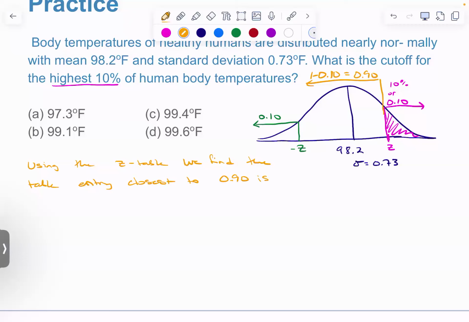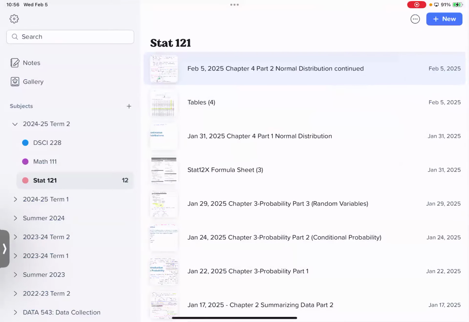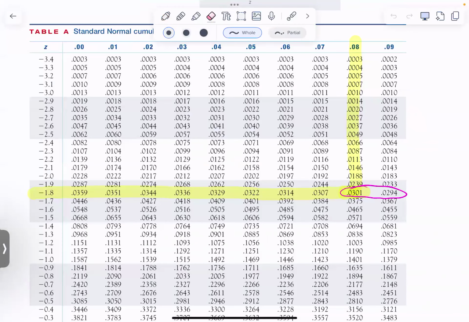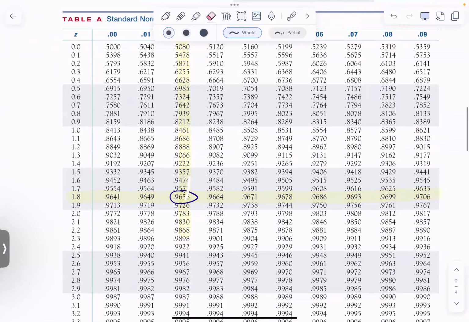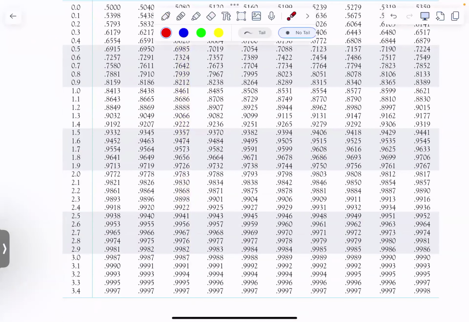Where's 0.90 going to be? It's going to be on the positive end, right? Because it's above. Won't let me erase. So now I'm cruising around these table entries, looking for 0.9,